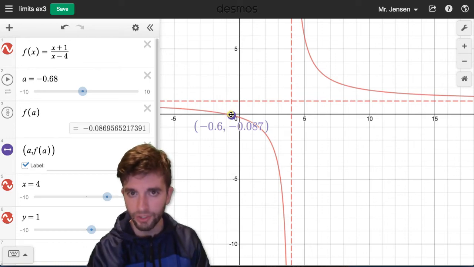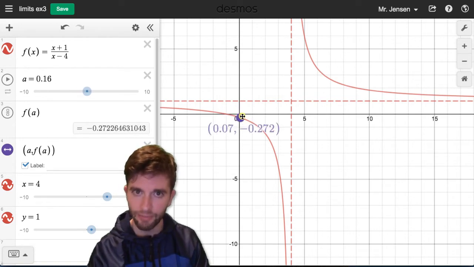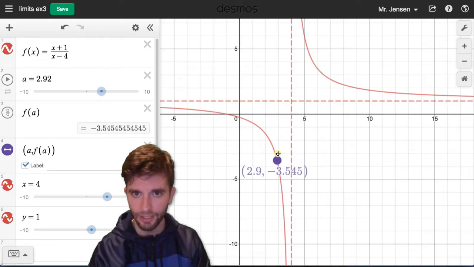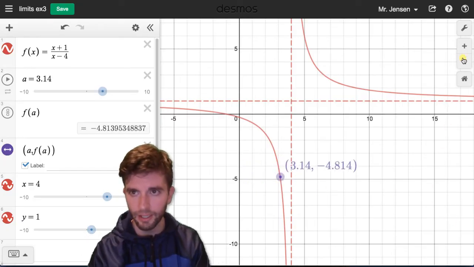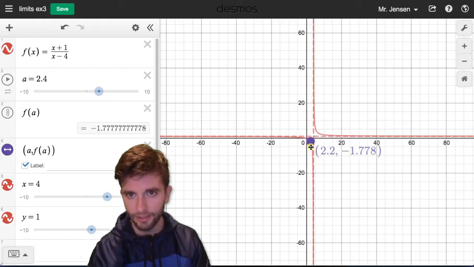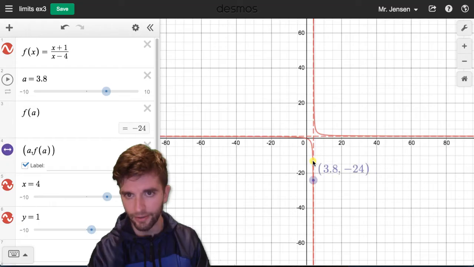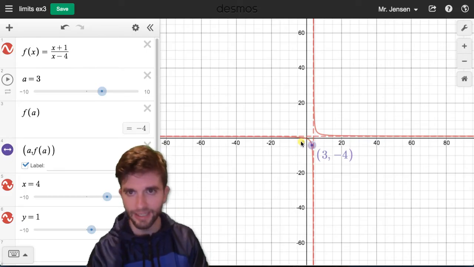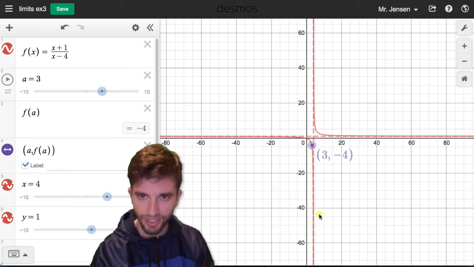So as I approach that vertical asymptote from the left of it, what's happening to the y values? Well, the y value is at like -1, now it's at -2, now it's at -3. And let me zoom out a bit here, just so we can see more. As I keep going, this point's just going to keep going down and down. It's going to go infinitely down, right? What do we know about asymptotes? We know the function's going to get closer and closer to that asymptote, but it'll never